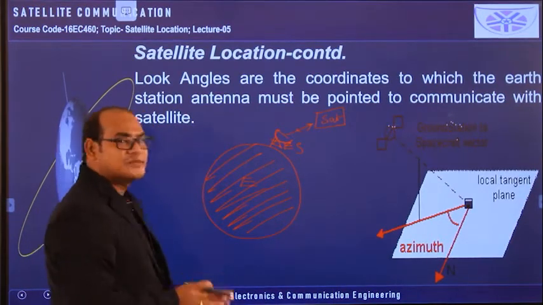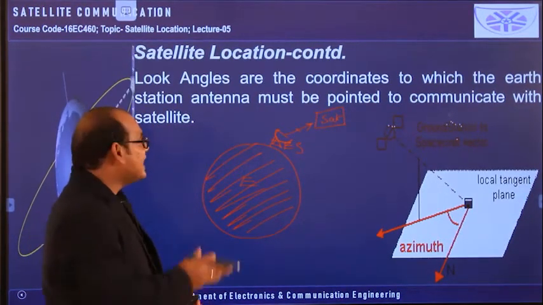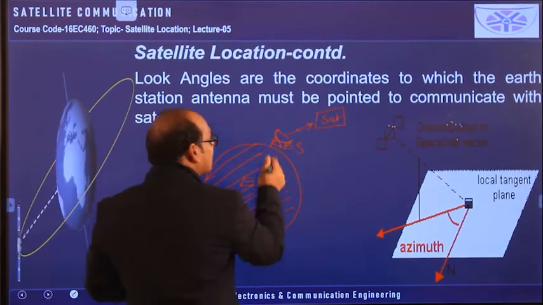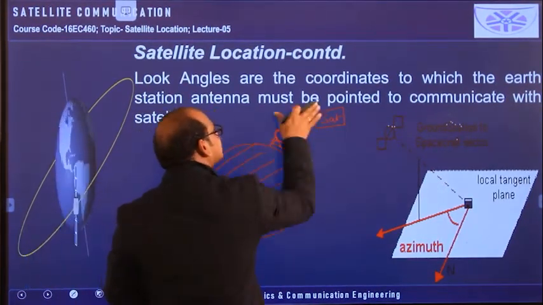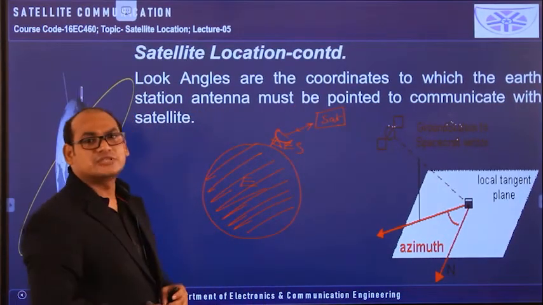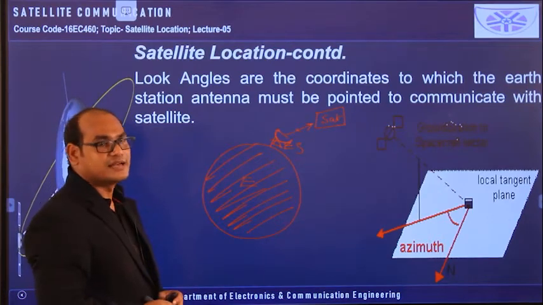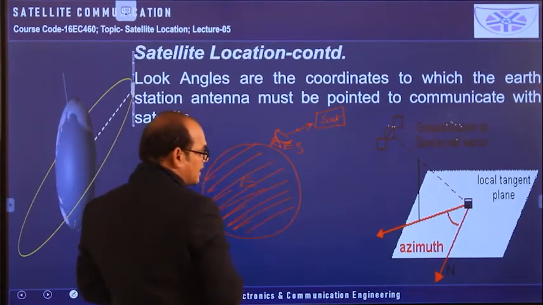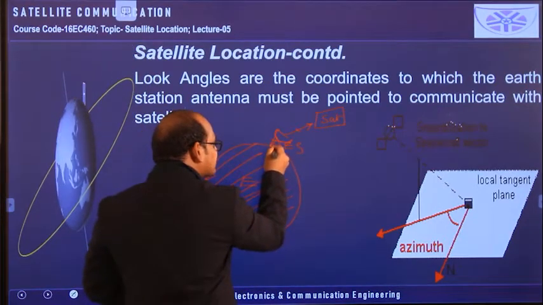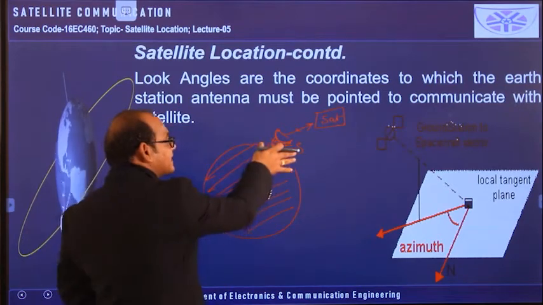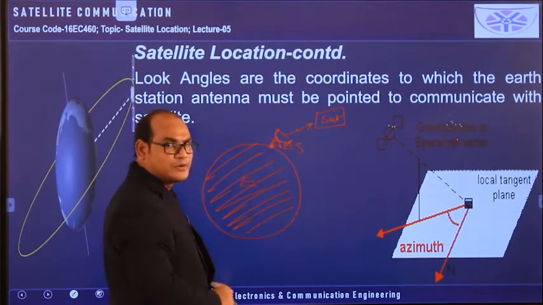Okay, so to have the maximum signal transmission between the earth station antenna and the satellite, we have to keep our earth station antenna towards the satellite only. That can be identified by using the azimuth angle and elevation angle. So what we need to do here is, wherever the earth station antenna is there, that can be taken as a single point on the earth, at only one position the earth station is available.